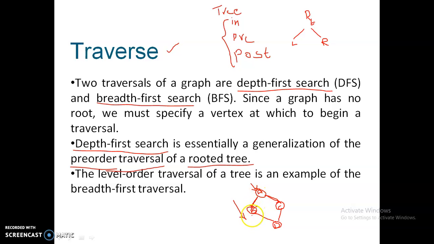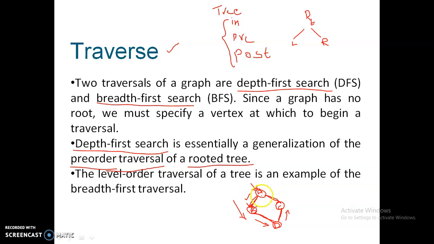Say we select by alphabetical order. A has two paths, B and C, but alphabetically B comes first and C next, so we choose B. Then we move to B. B has only one path, to D, so we move on to D. This is the leaf node, and from this we don't have any other path. So we just came down like A to B and B to D. Then D has one path to C, so we move to C and it is traversed.